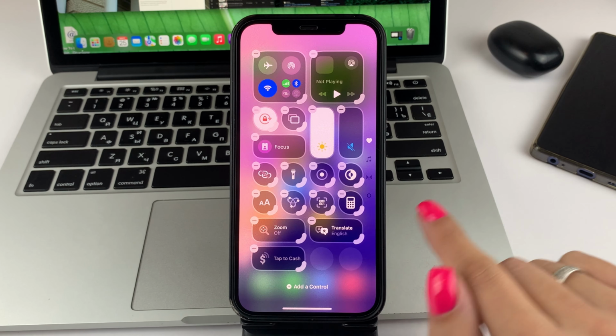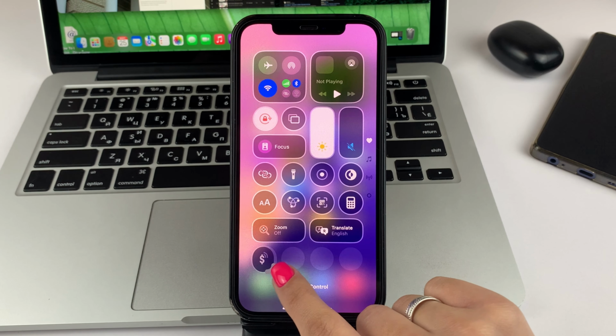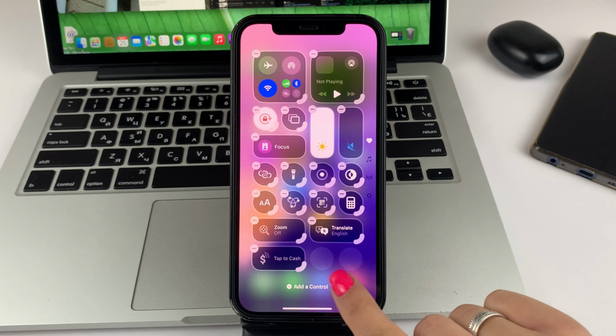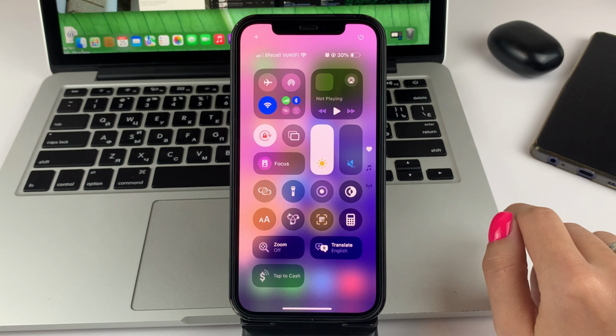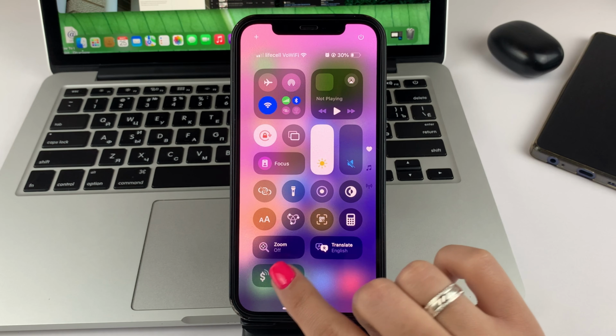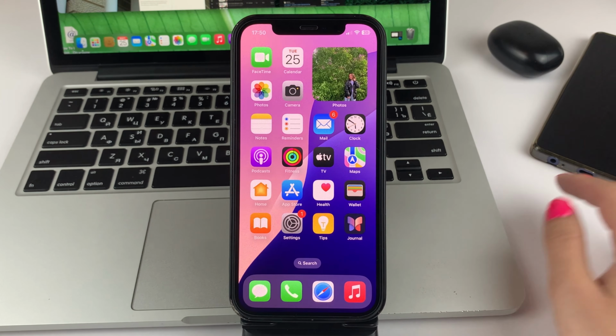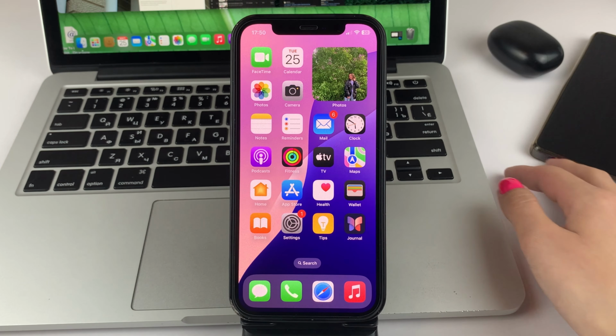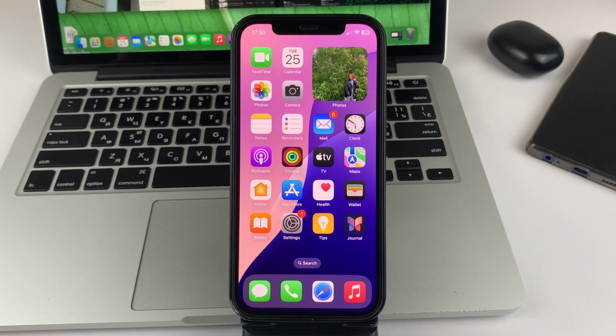You can also modify the size of this shortcut as required. Now click on the empty box, and as you can see, the shortcut will be added. You can now click on it to proceed to further customization if you may not have this feature fully configured yet. That's how quickly and very easily you can add the Tap to Cache feature to the Control Center on